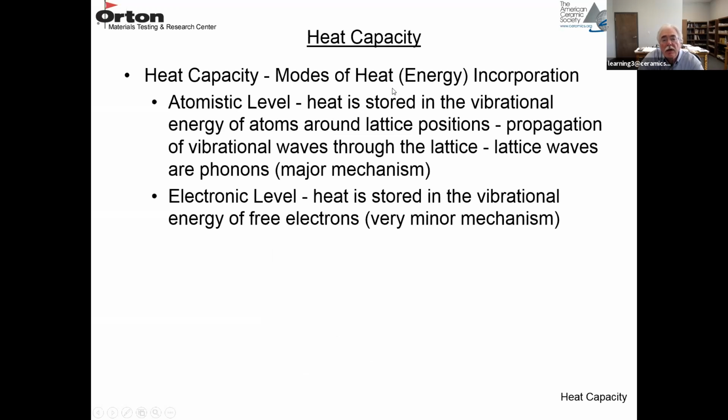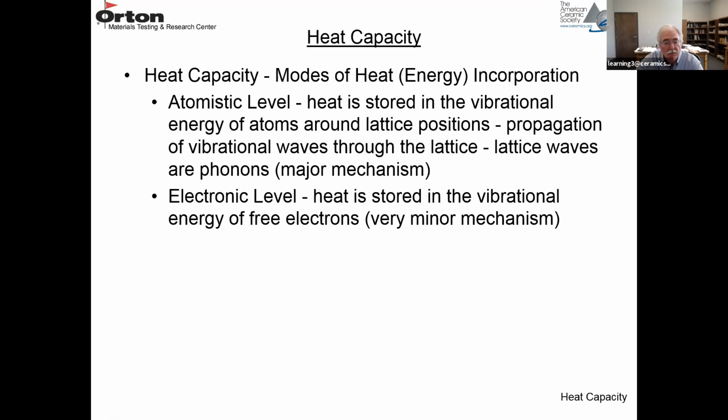So what are the modes of heat or energy incorporation into materials? Well, on the atomistic level, heat is stored in the vibrational energy of atoms as they vibrate around their lattice positions. But these vibrations are not independent. Each atom is not vibrating independently around its lattice position. They are propagated in terms of vibrational waves. So these lattice waves are known as phonons, and that's the major mechanism of energy incorporation for the heat capacity. It's also the major mechanism for thermal conductivity,